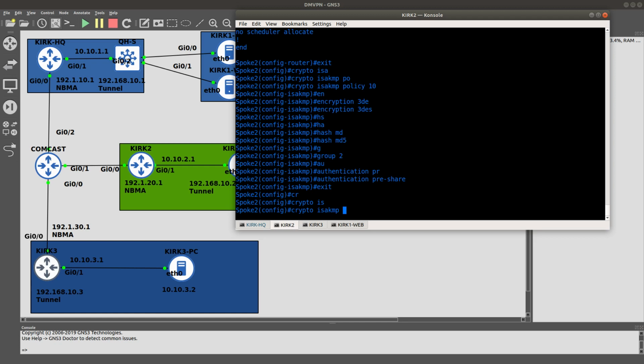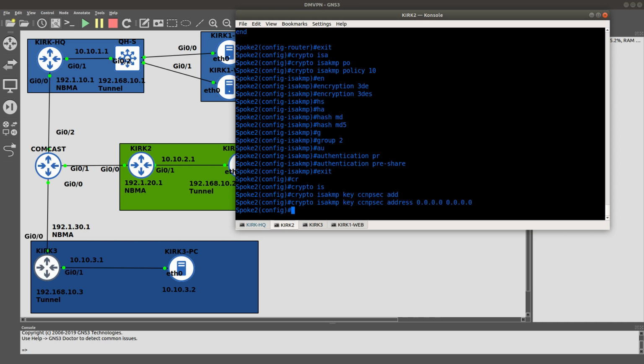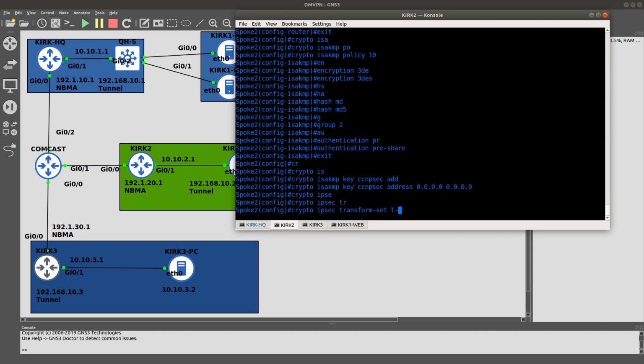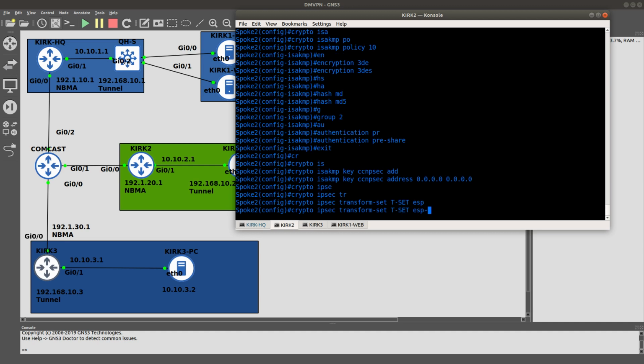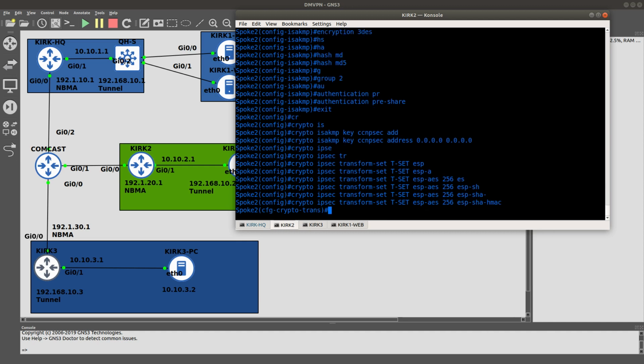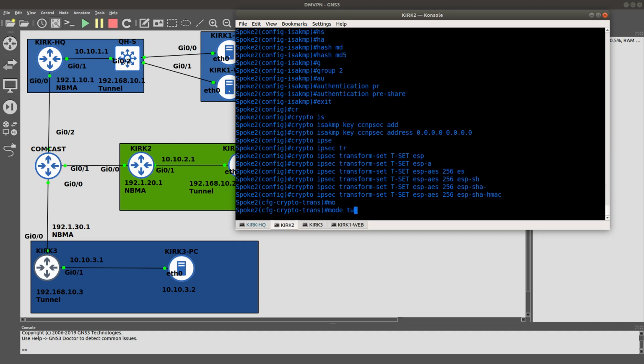Exit, crypto ISAKMP key, CCMP security, needs to match. Address, that's the address, good. Now let's go ahead and do a crypto IPSEC, and this one is going to be the transform set. We're just going to call it tset, ESP AES, this needs to match as well. ESP SHA with HMAC, the mode is going to be tunnel mode,